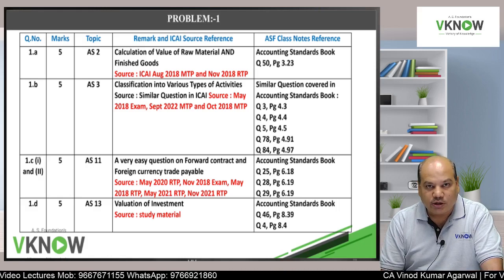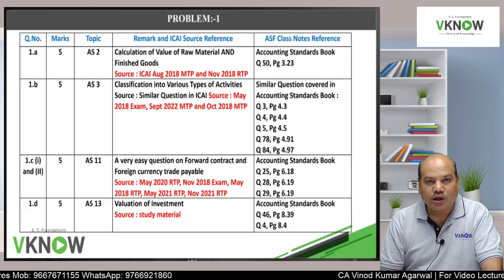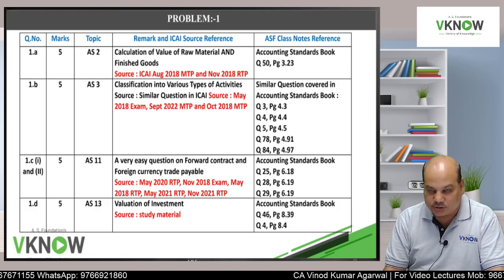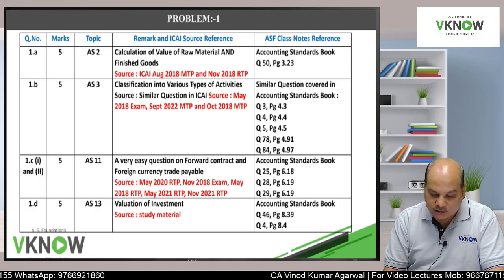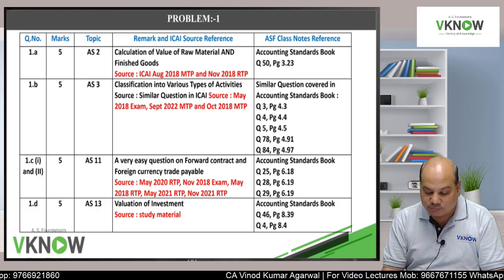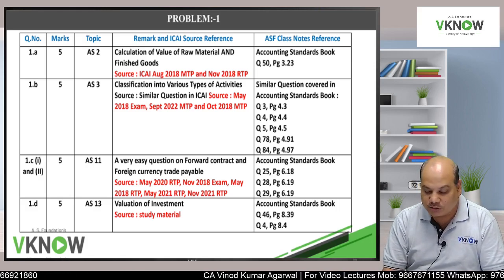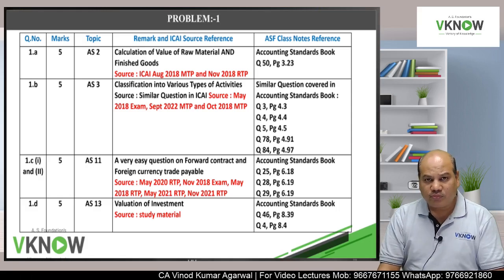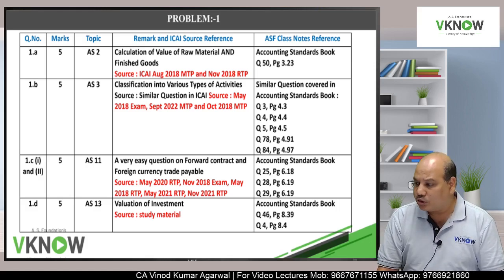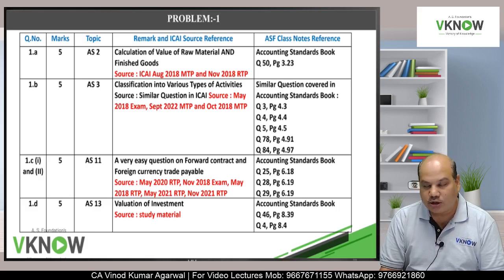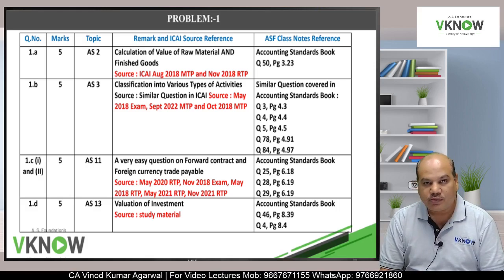Second question was a very easy question on AS3. They have given various activities and you have to identify whether they are operating, investing or financing activities. Similar questions are there in ICI material, and similar questions have been asked in May 18 exam, September 22 MTP, recent MTP, and October 2018 MTP. In our accounting standard book also we have many similar questions, like for example question 3, question 4, 5, 78,